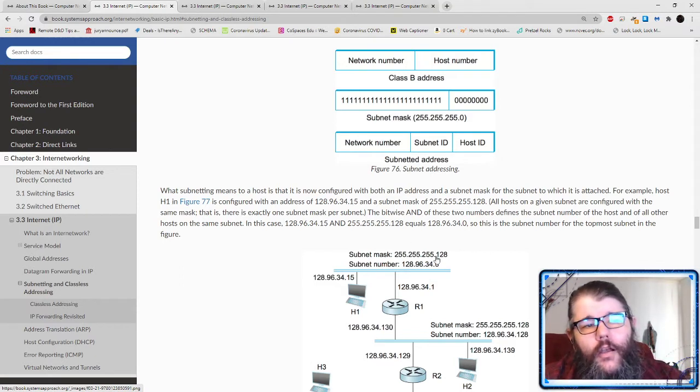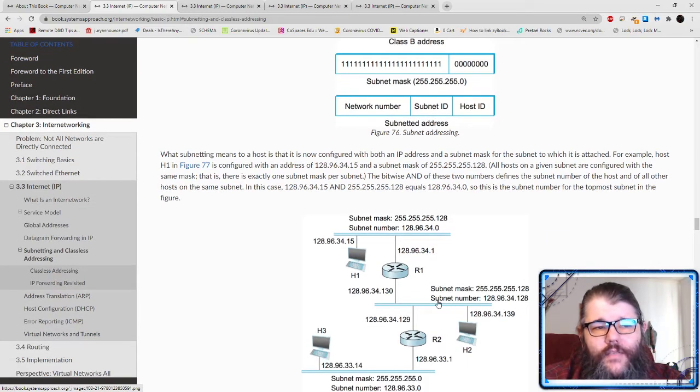Now, modern masks tend to be just a number of bits, the classless mask, which says the same 24 bits are the same, or the same 25 bits are the same. It still resolves into a subnet mask that is a number like this, but it really helps to think of them as ones and zeros. So these ones all say everything in this subnet has to match the same first set of numbers, and then everything on the bottom has to have the same set of numbers. Now, they both have the same subnet mask,